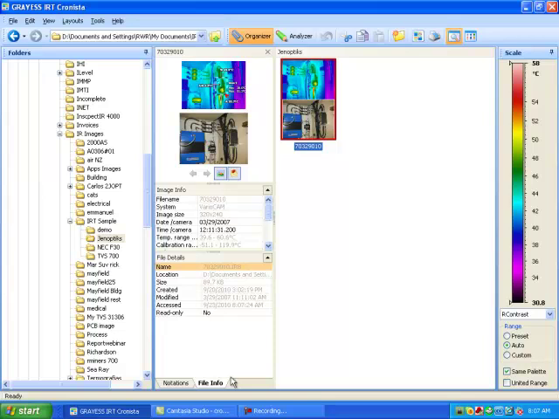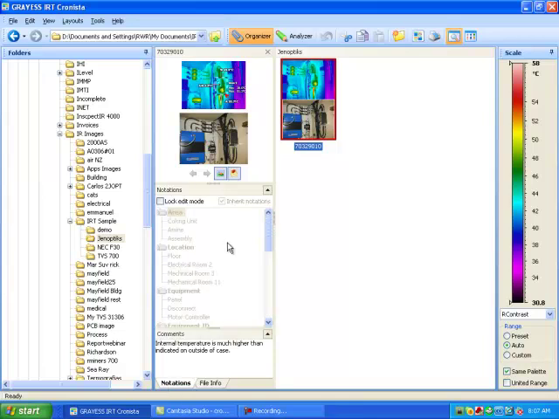You'll see at the bottom we have two tabs, File Info and Notations. Here's the file info about the camera. It is a Genoptix VarioCam. If we go into the Notations tab, this is where we can set the information for this image. Simply click on the Notations here, and this is in the amine unit. We can click that. It's in electrical room 2, and this is a motor controller,